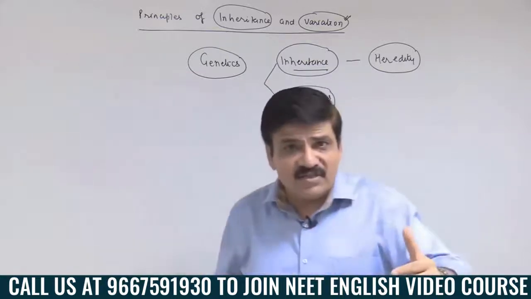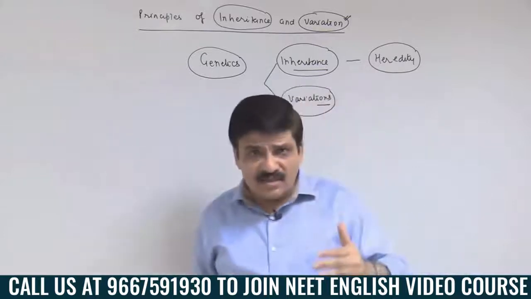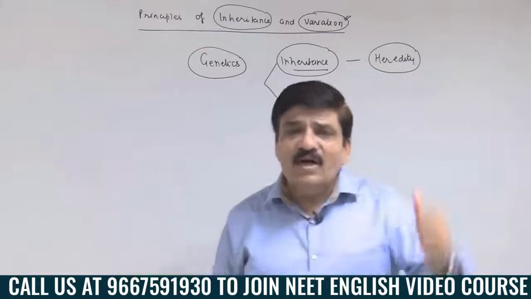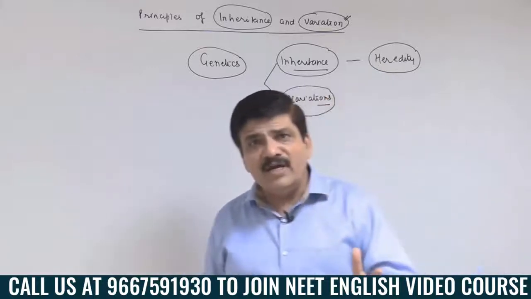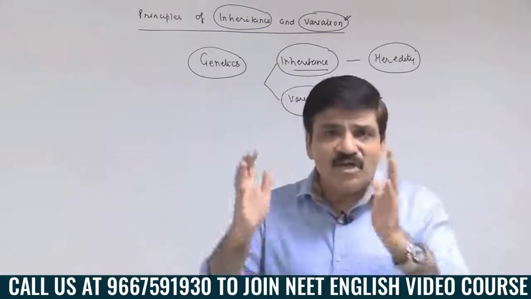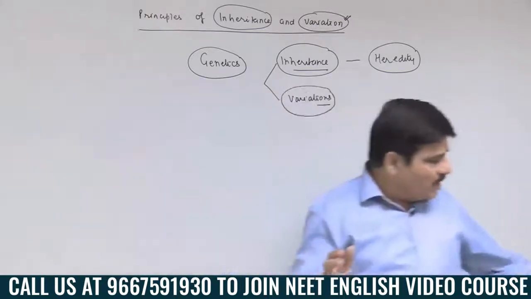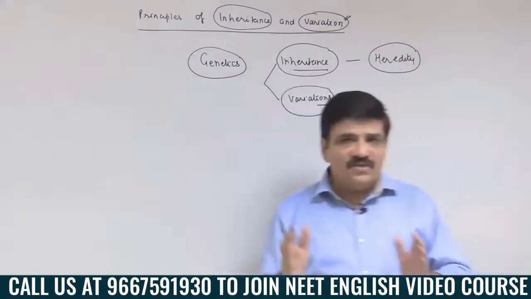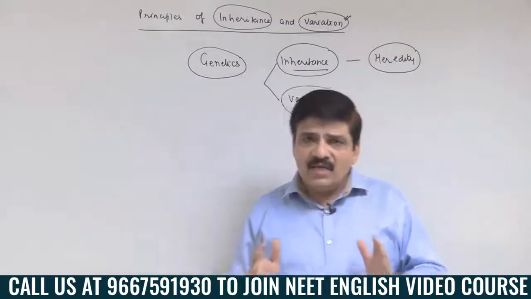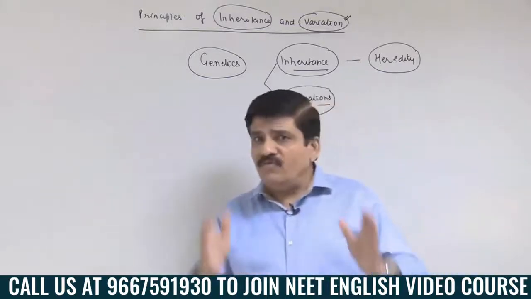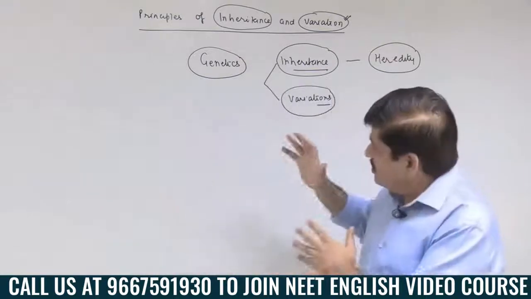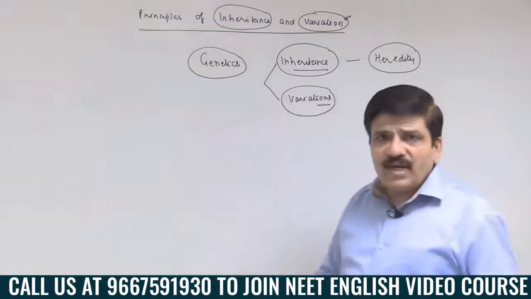One is gametogenesis and the second is fertilization, and gametogenesis occurs mostly because of a reductional type of division, what is called meiosis. Therefore a student of genetics must be absolutely comfortable with the idea of cell division. This is very, very important to understand. Please remember this, it is absolutely vital. If you have not read cell division, do not start the study of genetics first. Look at cell division